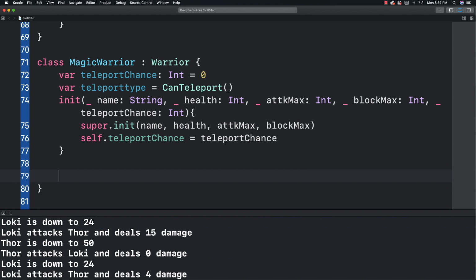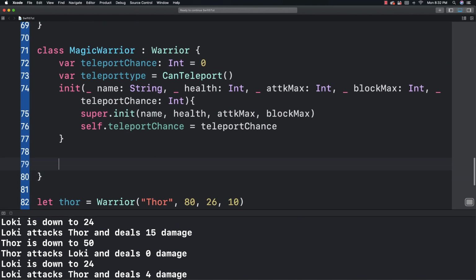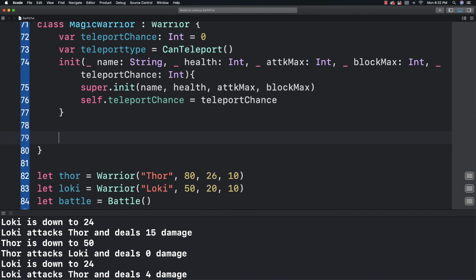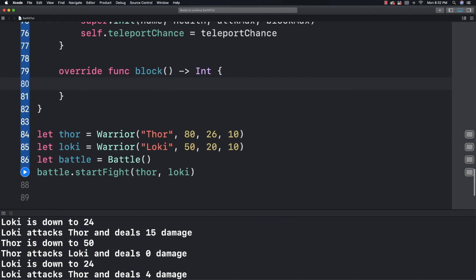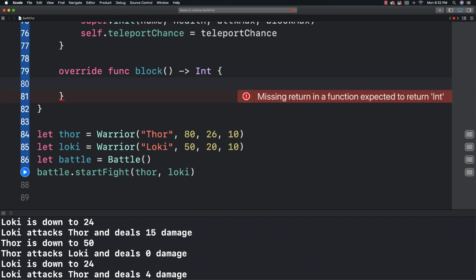And then I want to just override the block function that's in warrior. I already showed it to you. I don't need to show it to you again. How we override a function is we just say override, and the function's name you want to override. It doesn't receive any parameters. It returns an integer. Everything's the same there, except what we're going to do is